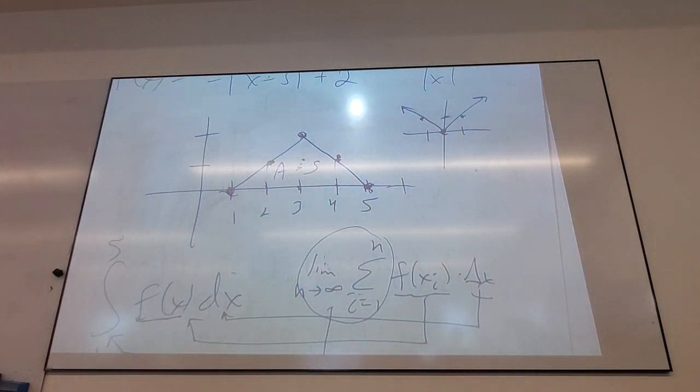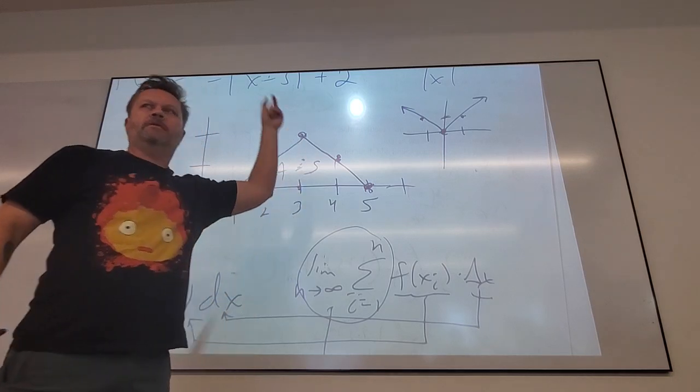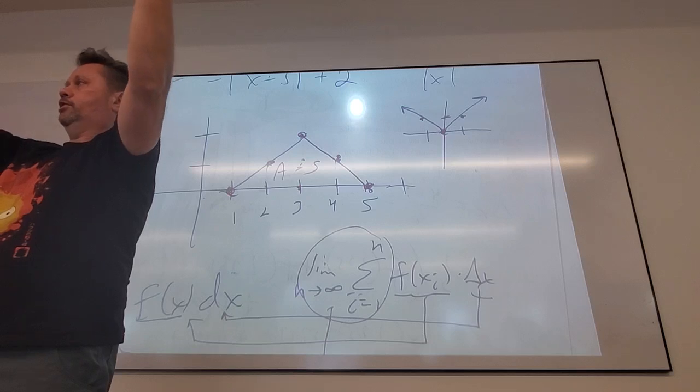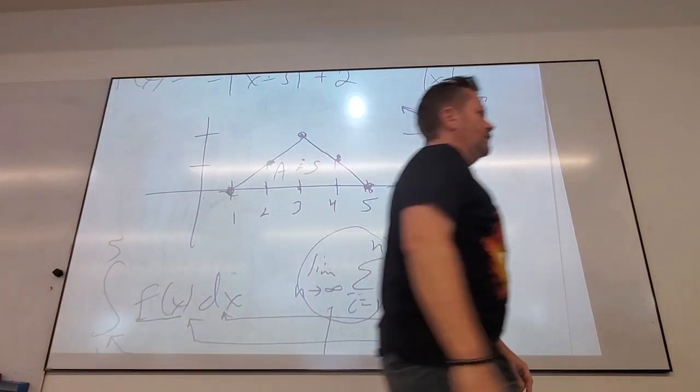So again, if the shape I'm looking at is a shape I have a formula for, use the formula, right? If the shape I have is a shape I have no formula for, it's curvy, and unless it's a circle we don't have a lot of things for curvy, then I'm going to have to use rectangles to approximate it, yes? You guys kind of with me? So you're going to see both of those kinds of problems. There's not a ton of this kind of problem, because that's just to emphasize we're talking about areas, and if I can get the area quickly, do it. But if I have this kind of problem,